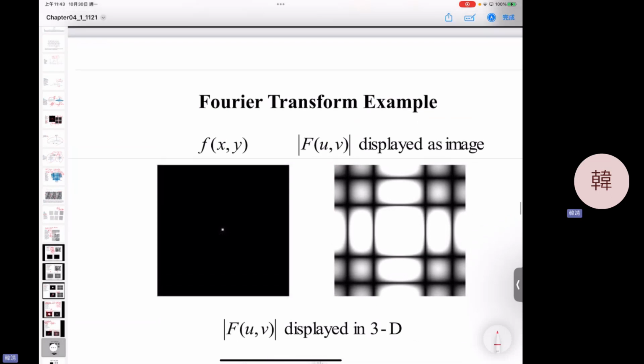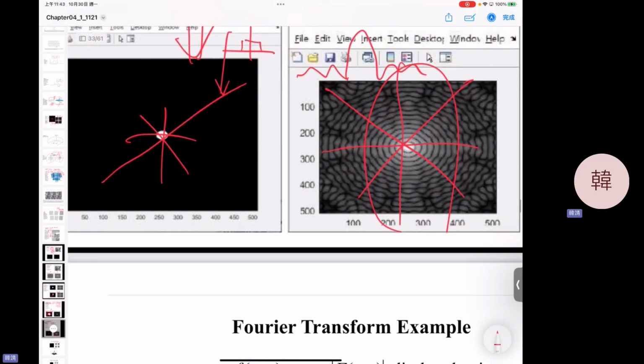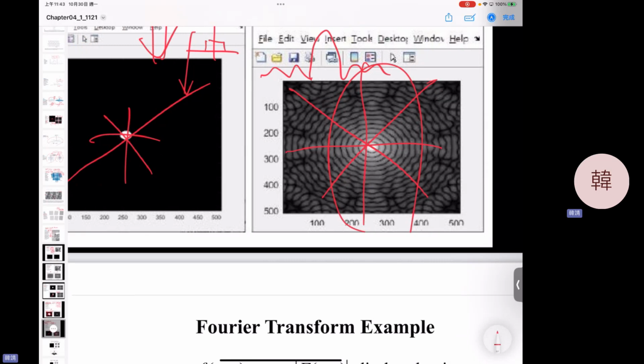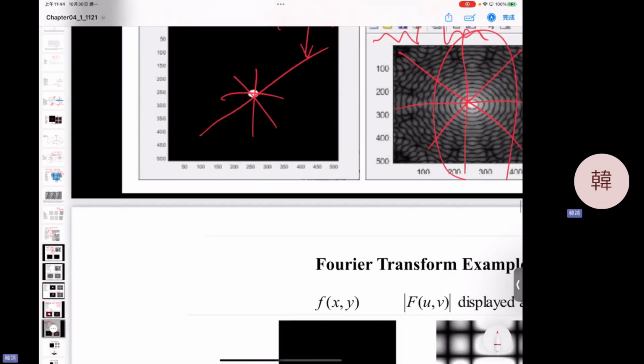Oh yeah, so for the final part, I think we can think about how to do the shifting, the FFT shifting, okay? So it's up to here, is it okay? If I give you an image, can you map it to the result of the Fourier spectrum? You have to choose, okay? So let's